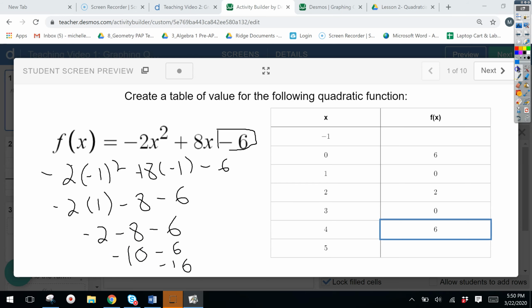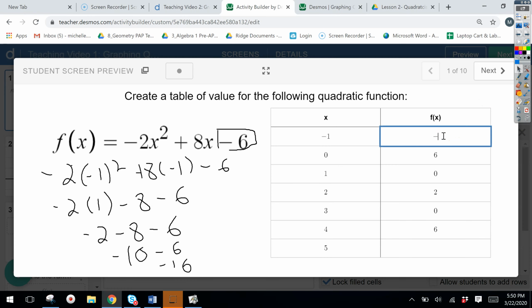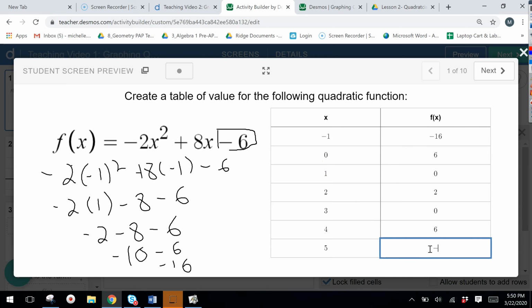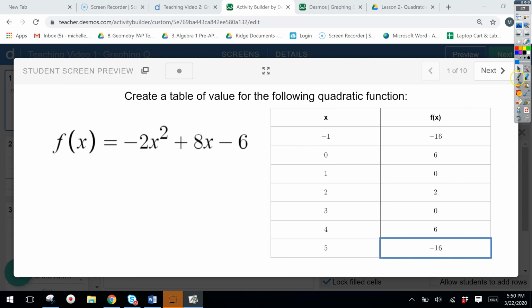So now we're going to get a negative 16 here, and remember it's symmetrical, so that means when you plug in a 5 you should get negative 16 as well. And again, you can always do this work if you're uncertain or if you graph this and it just doesn't look right. Okay, so now that we're done with our table, we're going to take our points and we're going